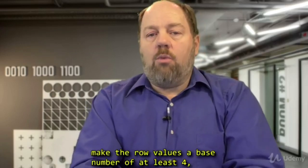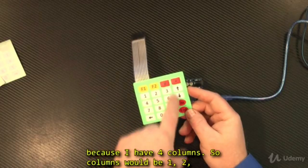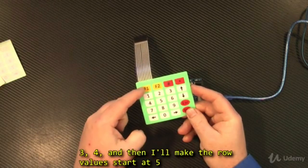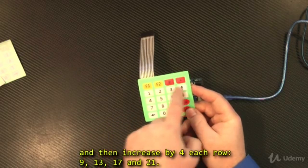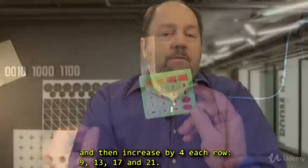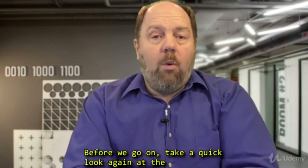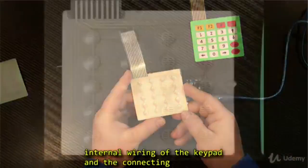I'd have to make the row values a base number of at least 4 because I have 4 columns. So columns would be 1, 2, 3, 4, and then I'll make the row values starting at 5 and then increase by 4 each row. 5, 9, 13, 17, 21. If you had a keyboard with 8 columns, you'd have to make the row values skip by at least 8. Now, before we go on, take a quick look again at the internal wiring of the keypad